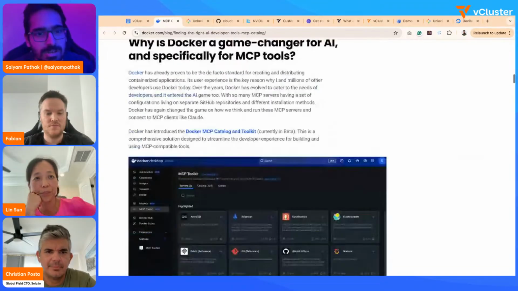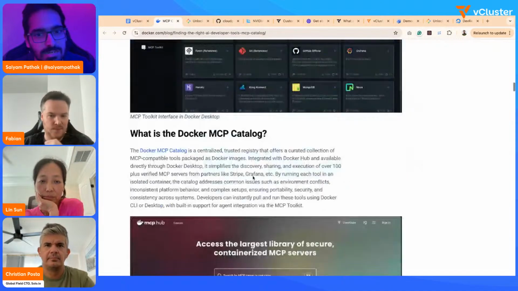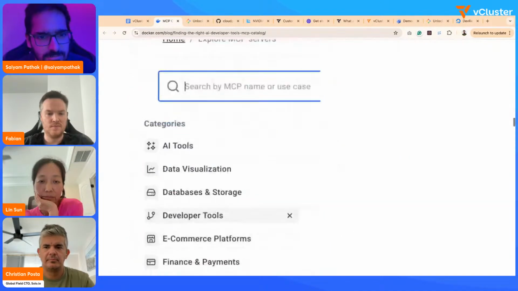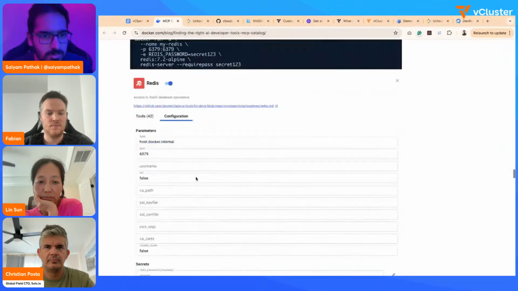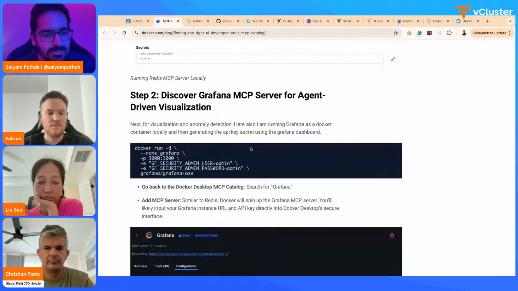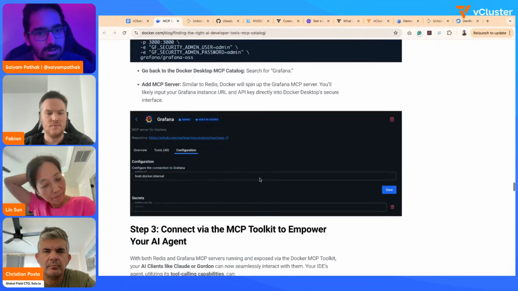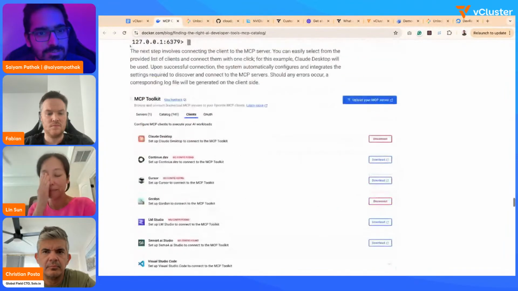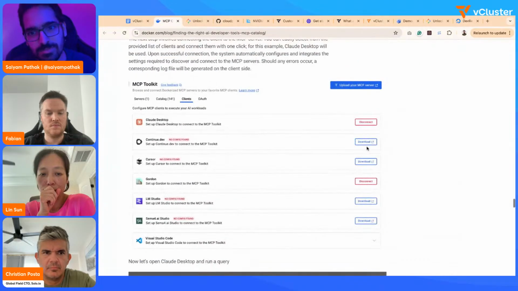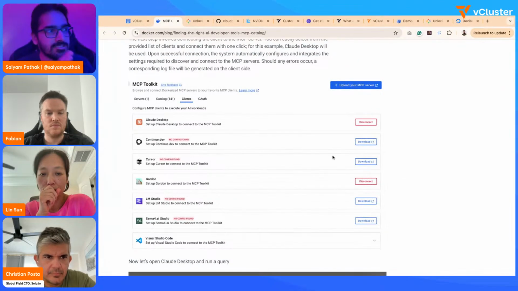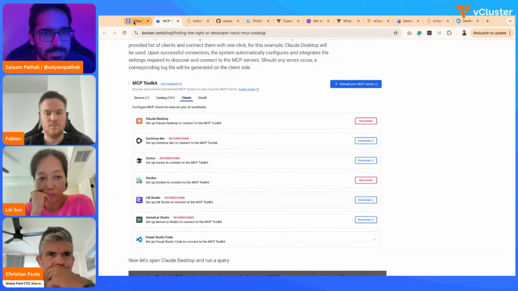But Docker has this toolkit where you can search for all the MCP servers, and you can easily configure them. For example, if you want to configure Redis, you can just provide the configuration for Redis, and you can just add it. That's it. The configuration which is required automatically gets created. Also, there are clients. So it has different clients like Claude, Cursor, LM Studio. So you can easily connect, disconnect different clients, and they can talk to the MCP servers that are enabled using Docker Desktop. So it's pretty fancy.